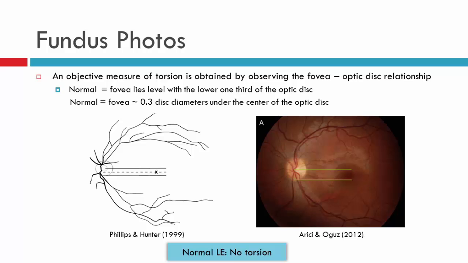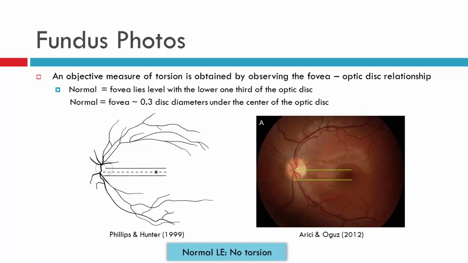Finally, let's take a look at objectively measuring torsion. And as I mentioned earlier, usually this will be done with a fundus assessment. This is particularly useful when your patient is not reporting subjective torsion and you want to have a look to see whether objectively you do actually have fundus torsion. And again, patients who might do this to you are patients who have adapted to torsion, such as your congenital fourth nerve palsies. In these instances, you may find fundus torsion, but the patient will not be reporting tilt or torsion